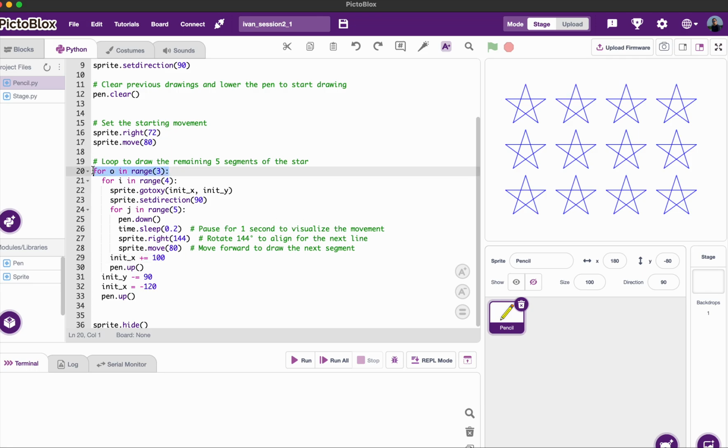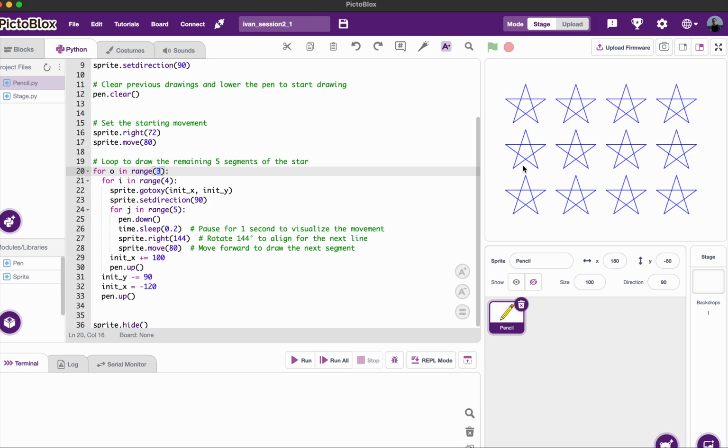and then for every row there is a third outer loop. The third outer loop will just reset once this first row of four stars are printed. It just initiates the x and y position, and then it will run the same thing again for 3 times. So we'll have 3 rows